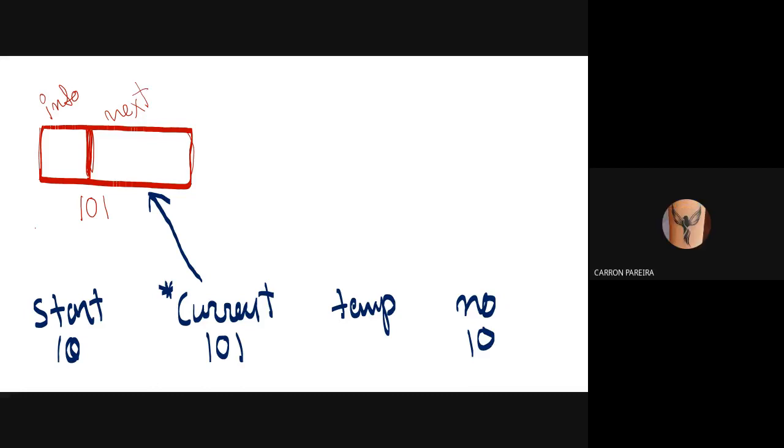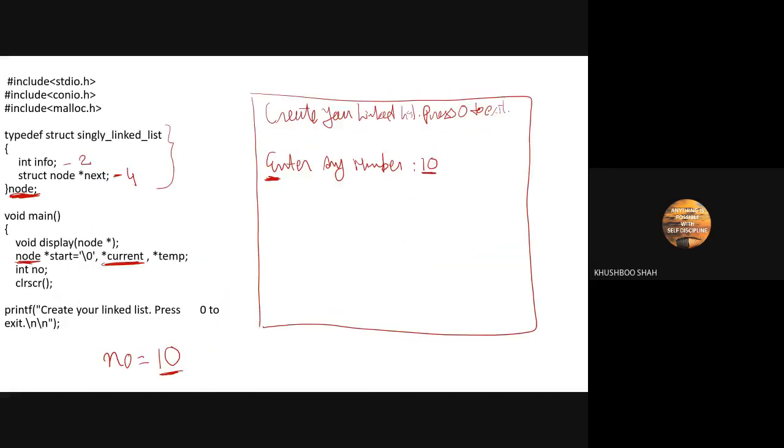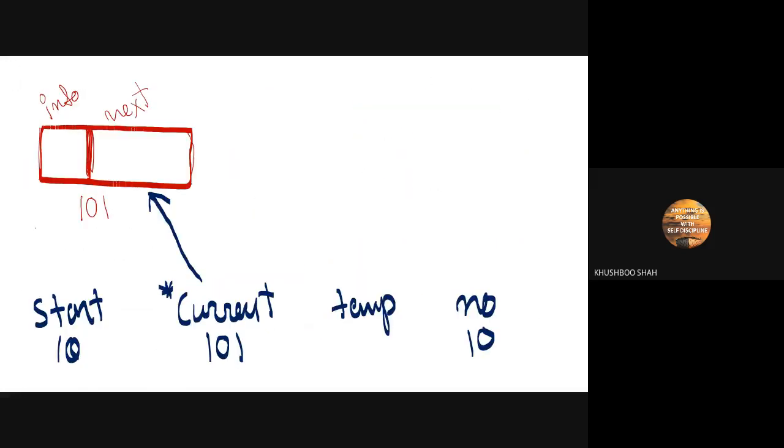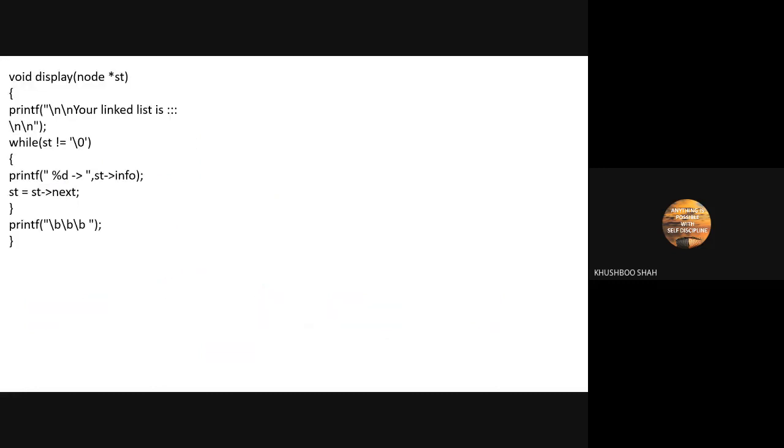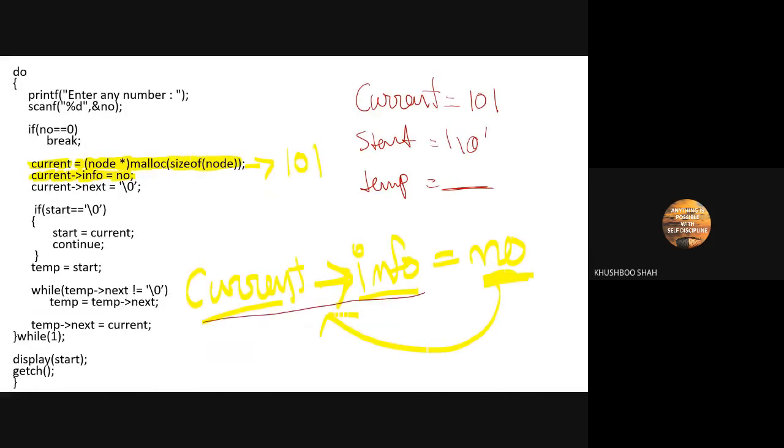From the structure. Yes, because I know that my node has two members, info and next. So when I'm saying current's info is equal to NO, it means I'm assigning the value of NO into the current's info.